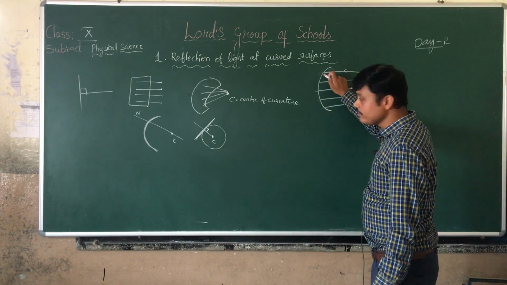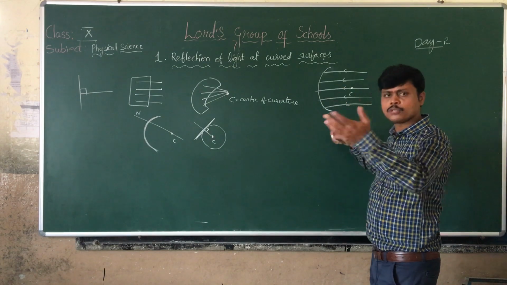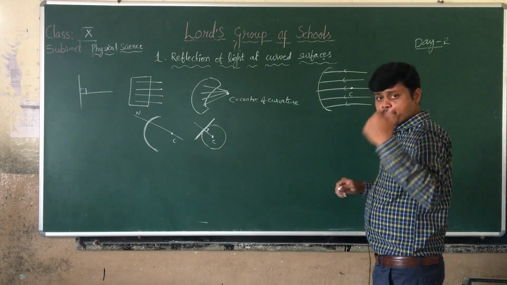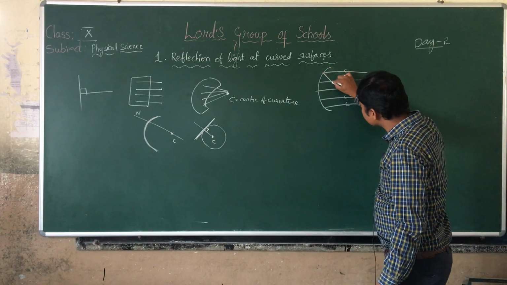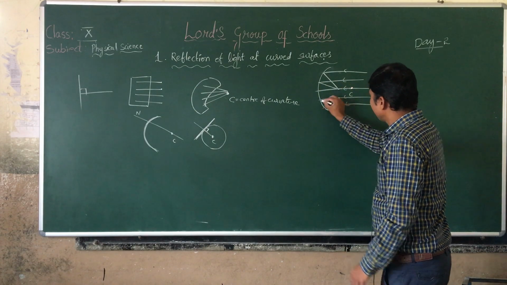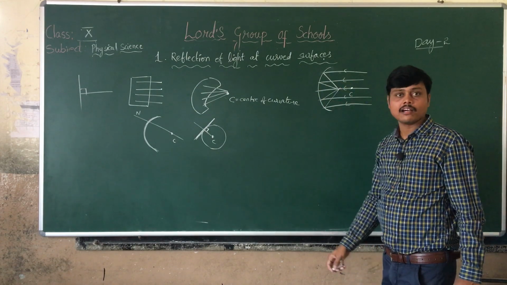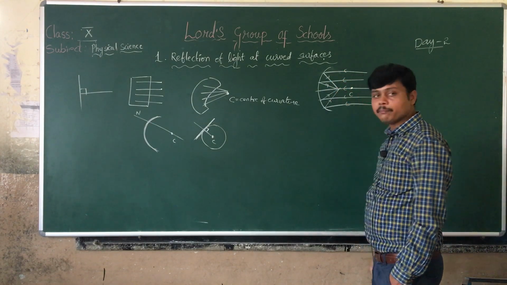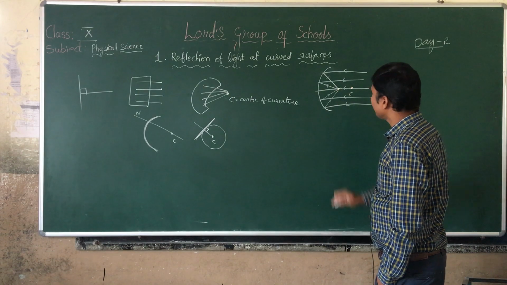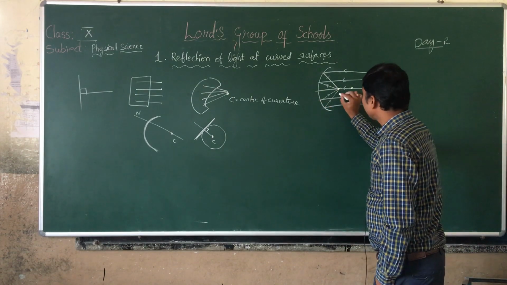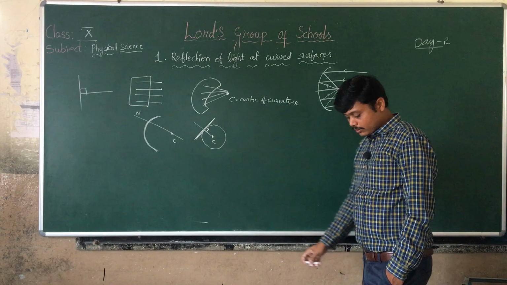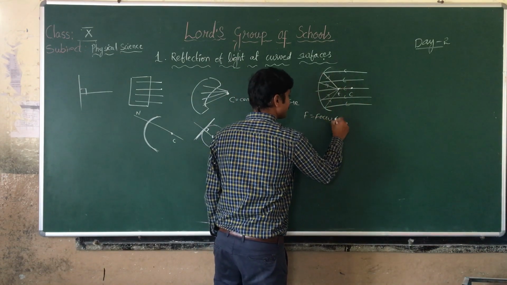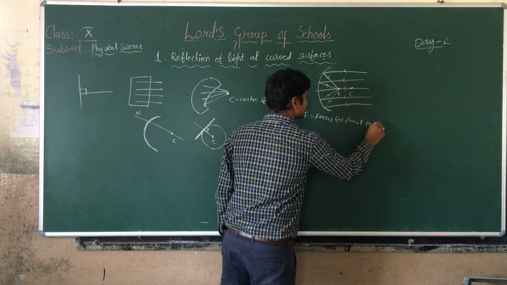Each and every light ray will get reflected back, as let us assume this is a curved mirror. Again we will discuss types of curved mirrors later. Here, each and every light ray will bounce back by following the first law of reflection: angle of incidence is equal to angle of reflection. So you can see every light ray is returned back and meets at one point on this normal line, which is called capital F. Capital F means focus, or focal point.